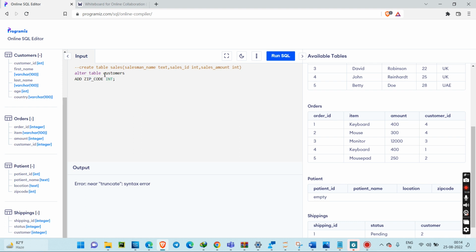Now let's say I want to alter this customer table, and I want to drop a column. Let's say I want to drop age. So I will use drop age integer. Okay, now if I run this query,